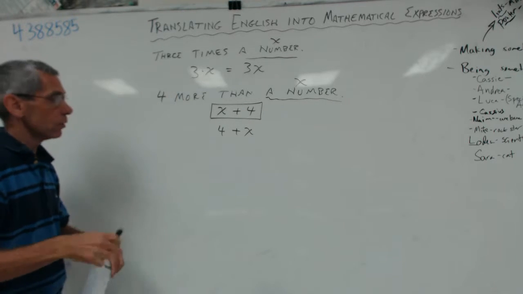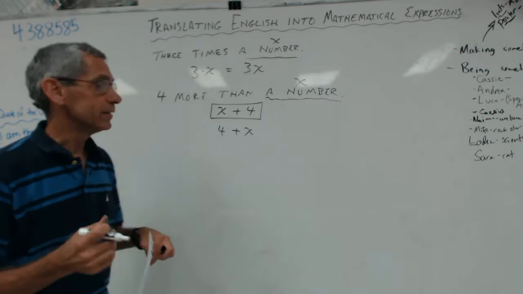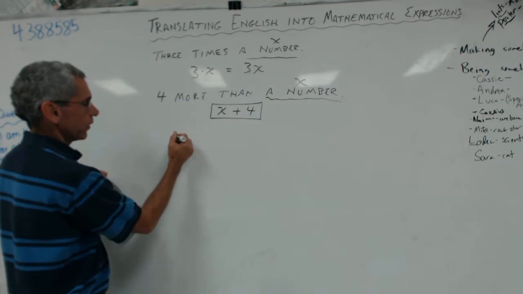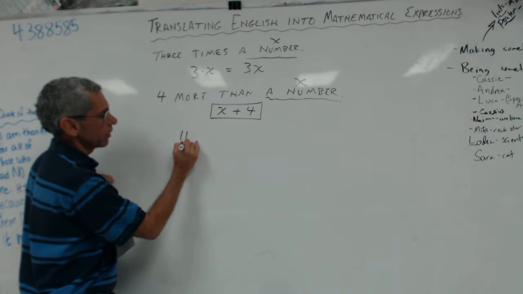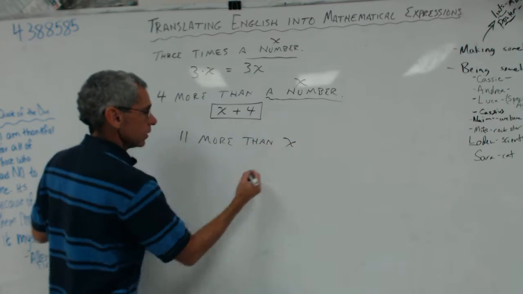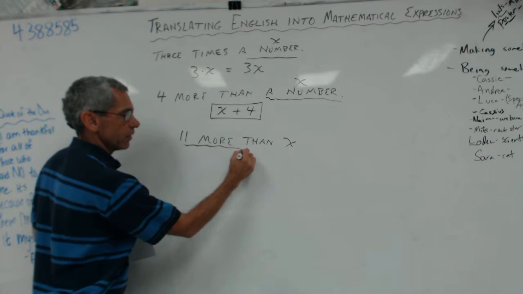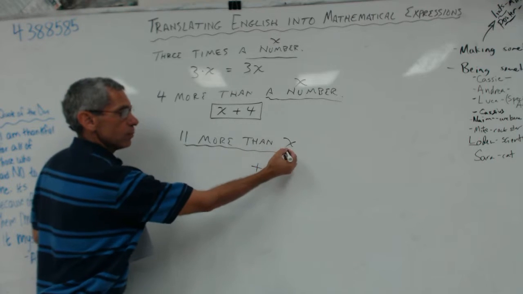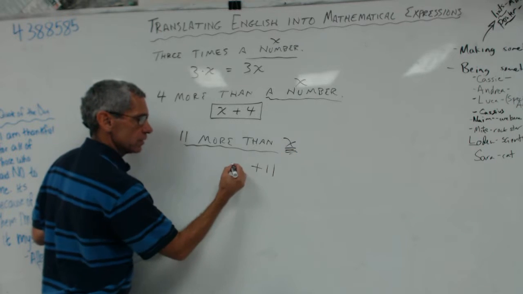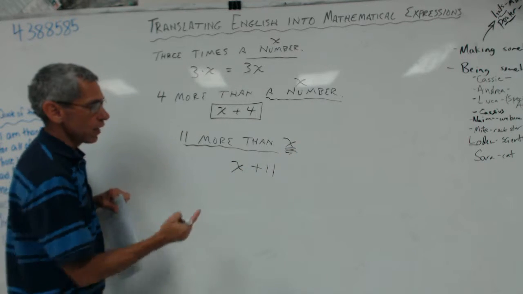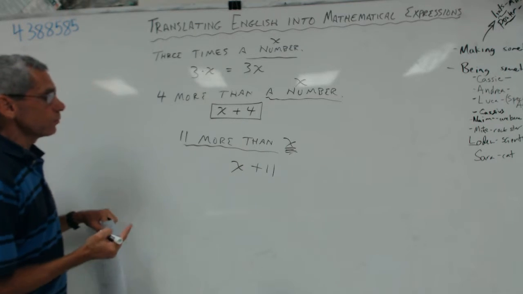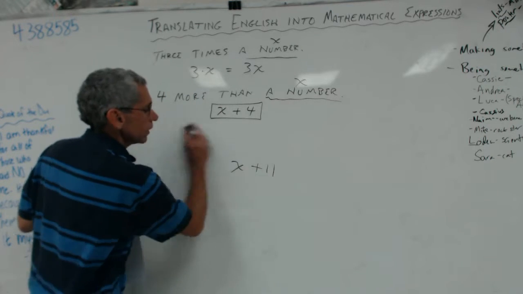6 more than 10, right? So then she's 16, right? So if it's 11 more than, it's plus 11. I'm going to write the plus 11 to the right. More than what? The thing that was here first, Bella, is the x, and that goes here. The reason this is important is you do not write 11 plus x, you write x plus 11. The reason this is important is, if I gave you this problem,